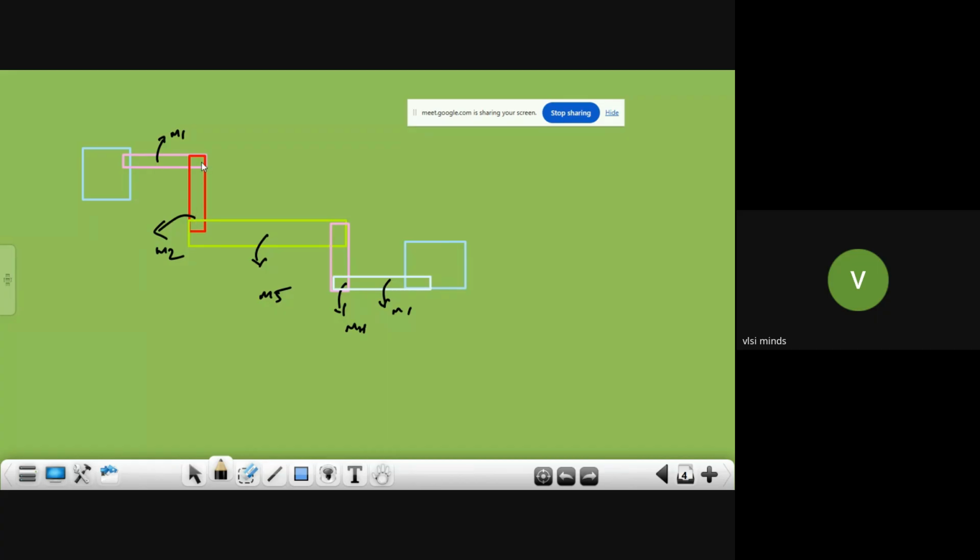This is one wire, this green color is one wire, this pink color is one wire, this light blue color is one wire. So this one net is made up of different wires. Synopsys will call it a routing shape, but Cadence will call it a wire.